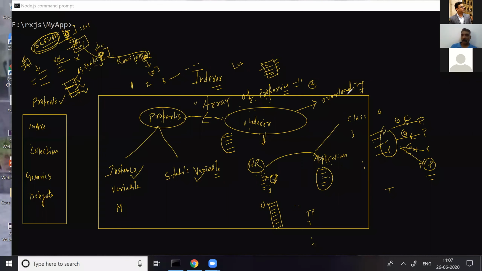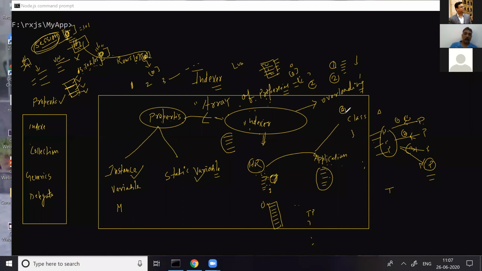So the first benefit of indexer over properties: an indexer is meant for accessing multiple private variables due to the array of properties. Second, an indexer can be overloaded. I can access any particular column either by coordinate representation, or I can write a column name in double quotes. One major difference between properties and indexers, the third point, is the most important.